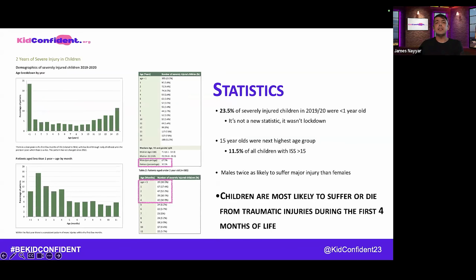So some more statistics, just to make myself look a bit clever, like I've done some work. More boys than girls get affected by traumatic injuries overall, but especially head injuries in children. And there's a striking age distribution as well. It's the under ones and then increasing age during the teenage years as they indulge in more risk-taking behaviours and activities. Sadly, you're most likely to suffer injury in the first 4 months of life, and it's most likely to be non-accidental injury or suspected parental abuse. And head injuries are by far the most common type of injury.